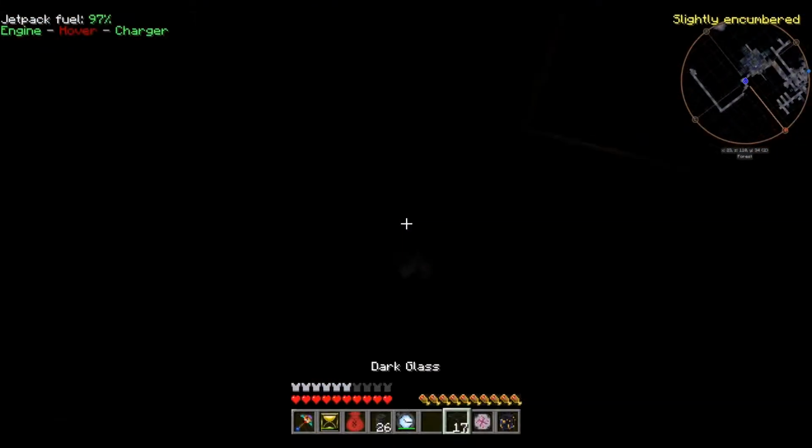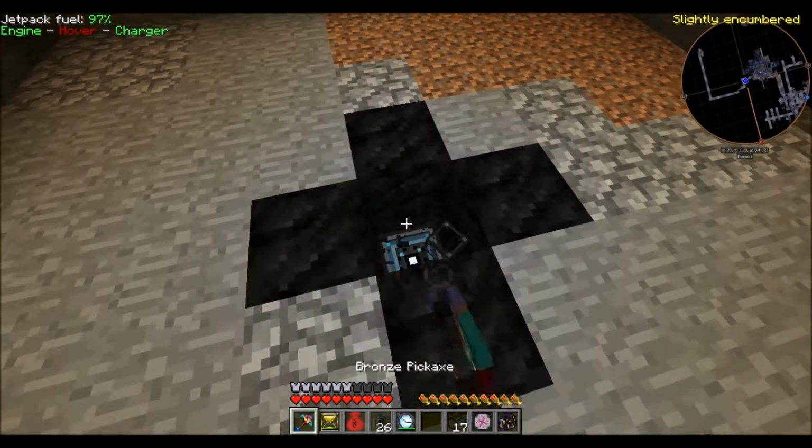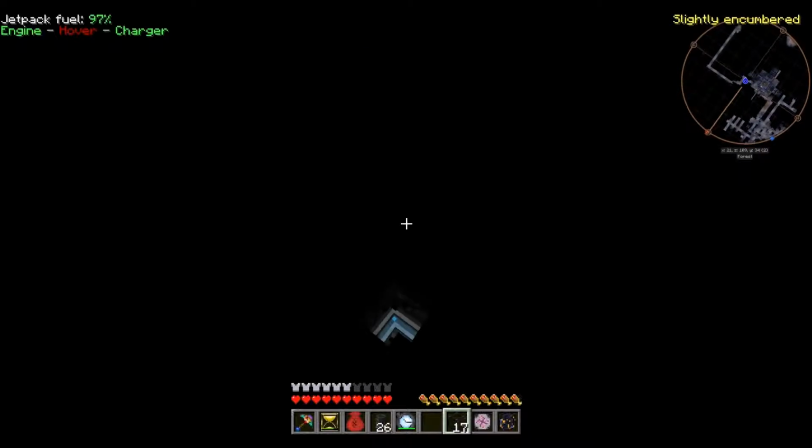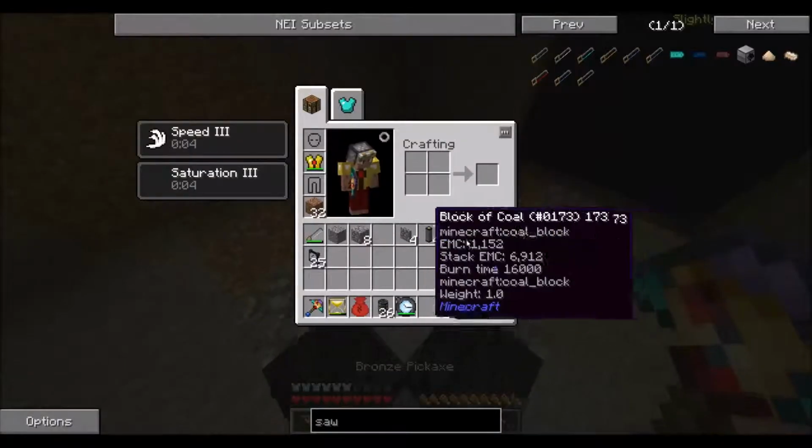And, well, all I gotta do is place some dark glass on top. Or any real solid block. A solid block would work. I just want to be able to have that reference point in the center. And I was trying to figure out, like,